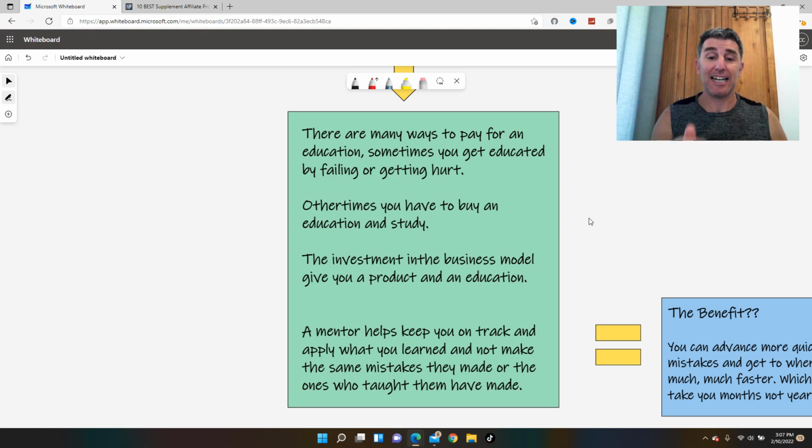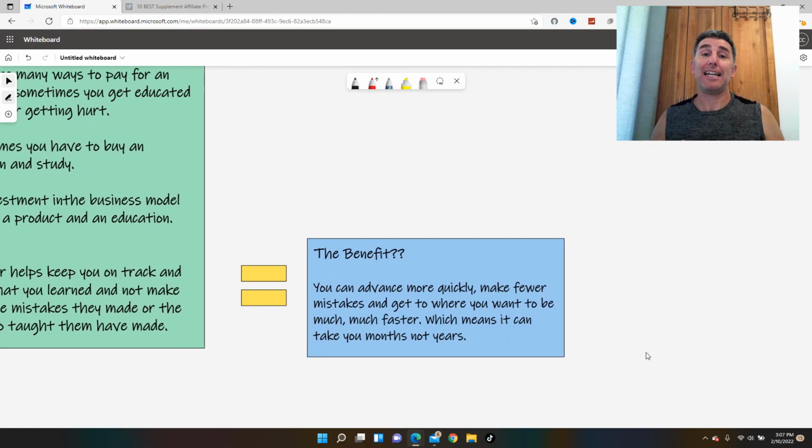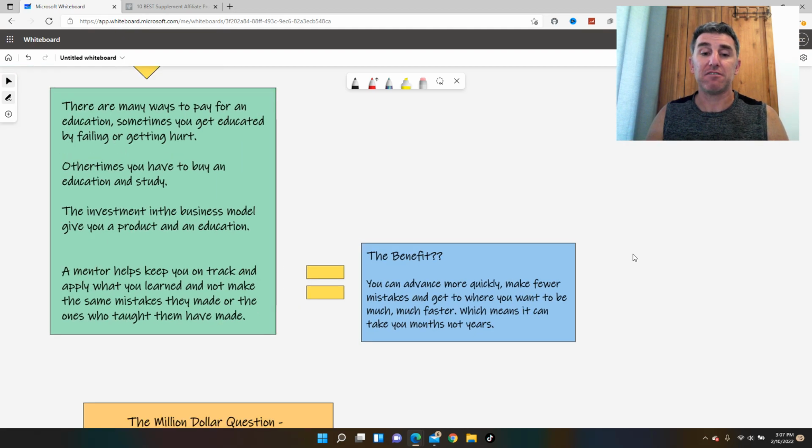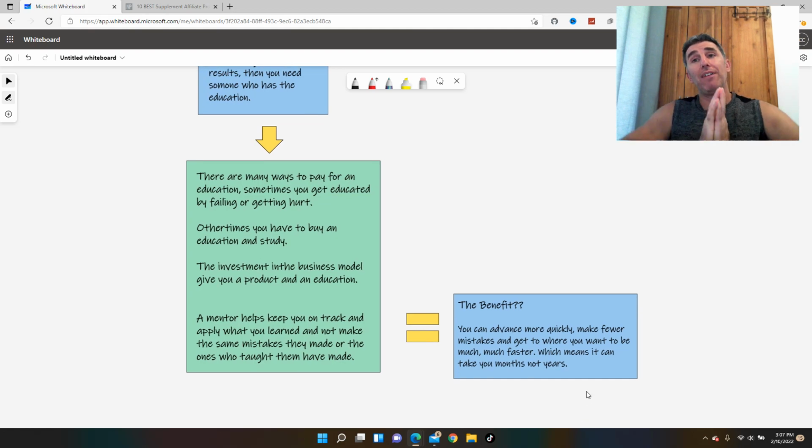And a mentor, again, helps you stay on track, apply what you learned, and not make the same mistakes they did, which allows you to work really fast. It allows you the benefit. You can take advantage more quickly and move quicker, because you're not having to learn from as many bad mistakes, but you're just seeing the progress. And that's really what they're there for. In my situation, again, if you invest in the full course, because I really, really want you to succeed, I help you out for 3 months, 4 months if you need.